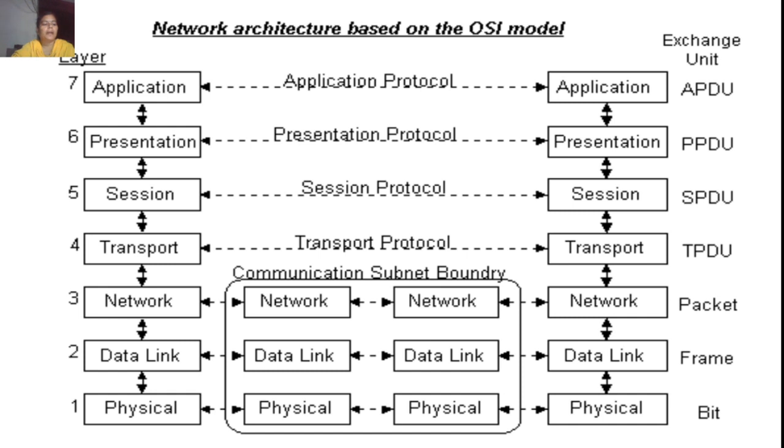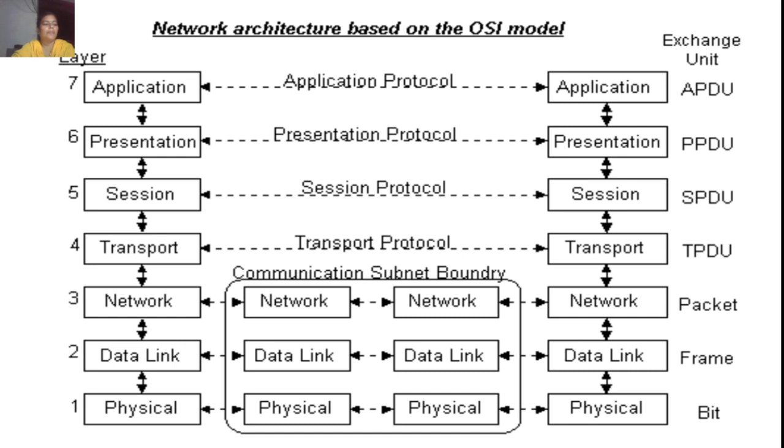Next layer, layer 5, the session layer, sets up, coordinates, and terminates conversations between applications. Its services include authentication and reconnection after an interruption. This layer determines how long a system will wait for another application to respond. Examples of session layer protocols include X.225, AppleTalk, and Zone Information Protocol, that is ZIP.